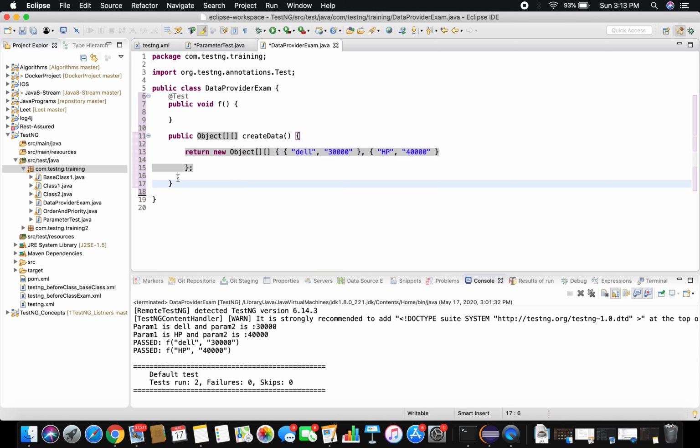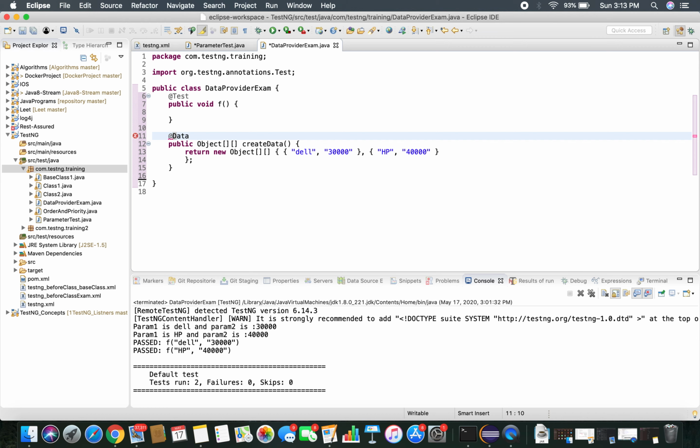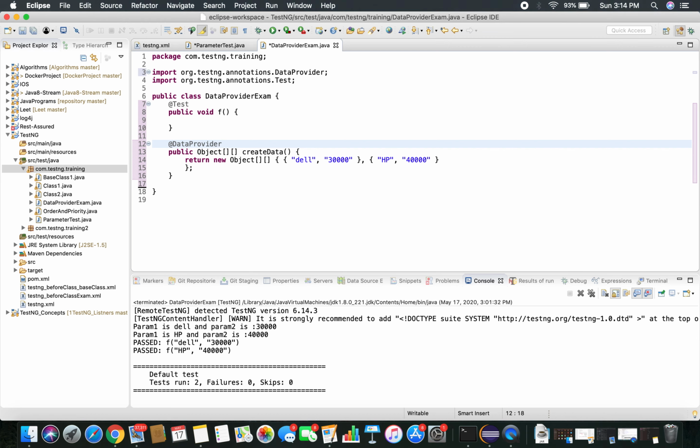This is where you have your data, and now how will the data provider help us to run using this data? I need to annotate this as @DataProvider. Let us give some name to this.